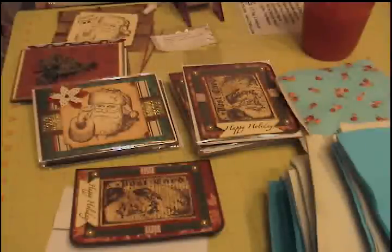And the theme for November is Christmas cards. We had to come up with 6 cards, and we could sign up for as many as 3 sets. I signed up to do 2 sets, and then instantly had a mojo meltdown and could not come up with any design that I was happy with, and spent the majority of last weekend going through